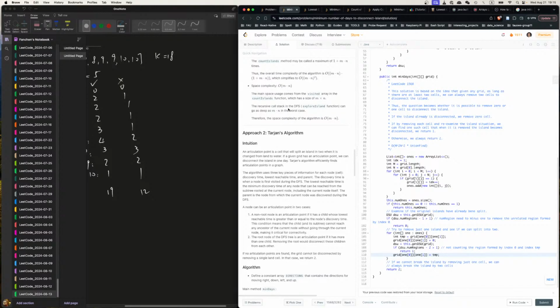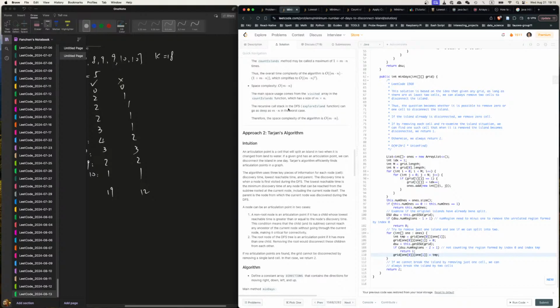If a given grid has an articulation point, we can disconnect the island in 1 day. Tarjan's algorithm efficiently finds articulation points in a graph. The algorithm uses 3. Okay, so we have Tarjan, right? The earlier one we were looking at, what's it called? It's called